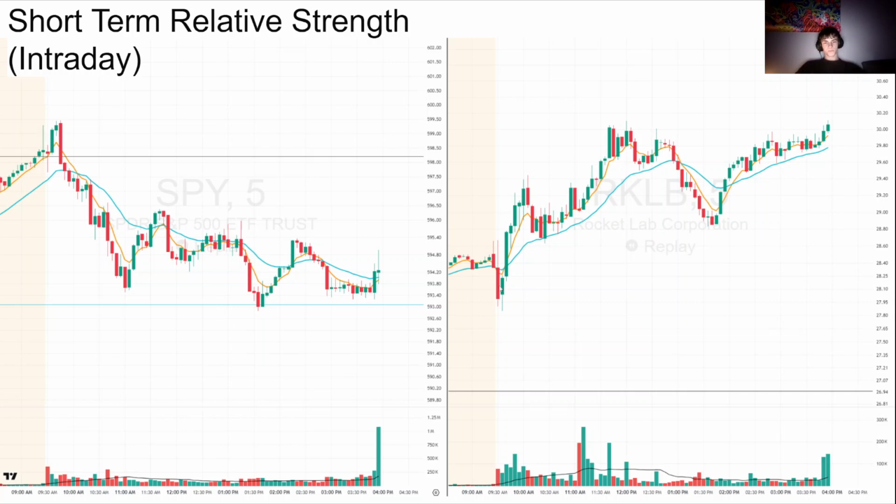While Rocket Lab, we open and we have a negative reaction initially, but this just sets our low. We have low selling volume up in here, and then we immediately buy it up to the upside. We ride this trend up as SPY is flushing down in here and making these new lows of day and then bouncing off of its 21-day. You can see that Rocket Lab never even gets close to its low of day, even during this heavy market pressure intraday. It really stays up in here, and we end up having a really strong close into the end